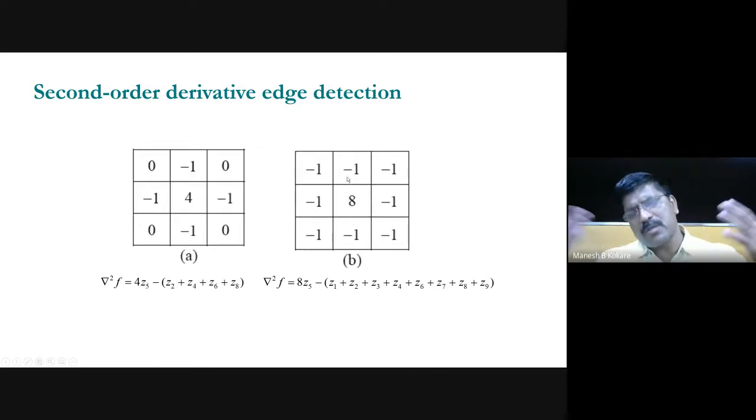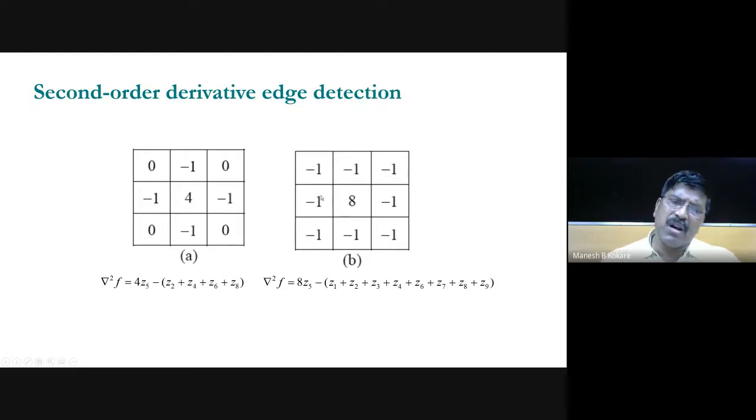Or you can also prepare your own mask, like you can give more weightage to the center one, this one, this one, and this one. For example, if I consider this as -2, -2, -2, and -2, and then here -1, -1, -1, -1, so definitely what I have to do, I have to add 4 here. So the center coefficient will be equal to 4.